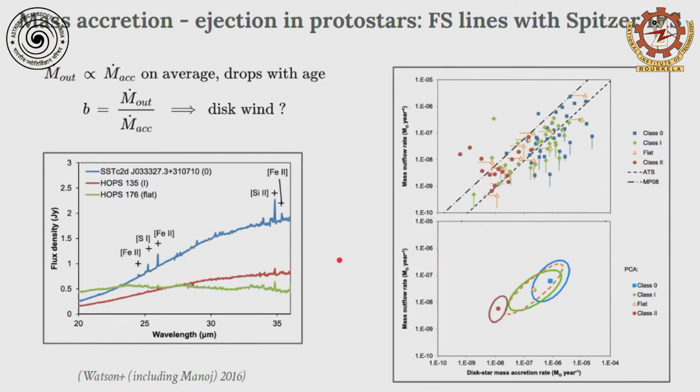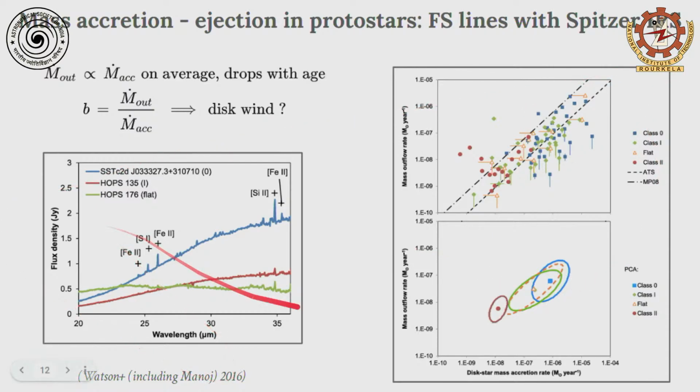But what this particular work did was a large sample of protostars. See, before Spitzer we couldn't do this. Although ISO was there in the 90s, it didn't have the kind of sensitivity that Spitzer had. In this particular work, which I was part of, we observed 100 protostars. We obtained the high resolution Spitzer spectra of 100 protostars within 400 parsecs from us in the star forming regions. And